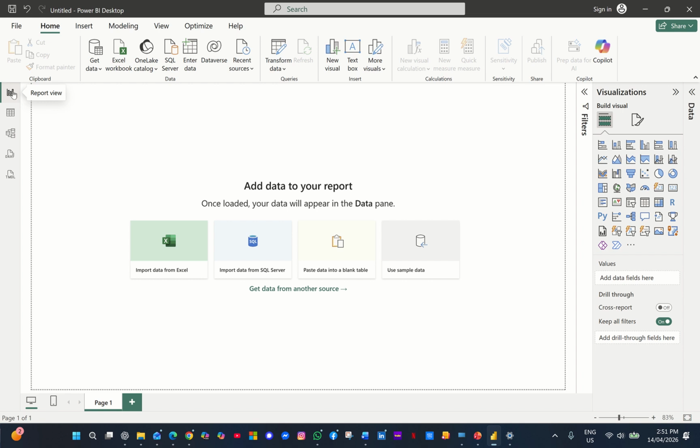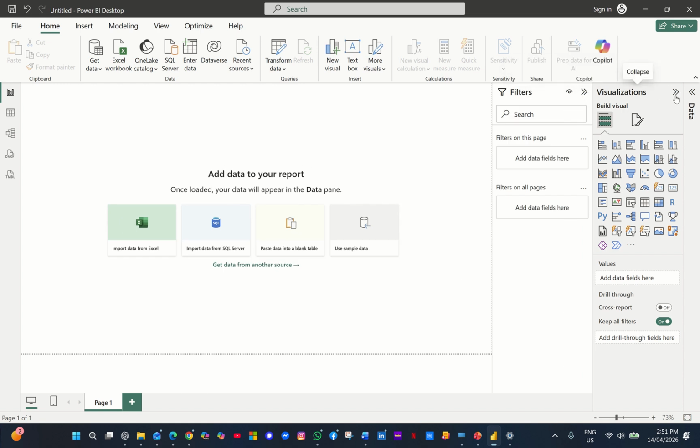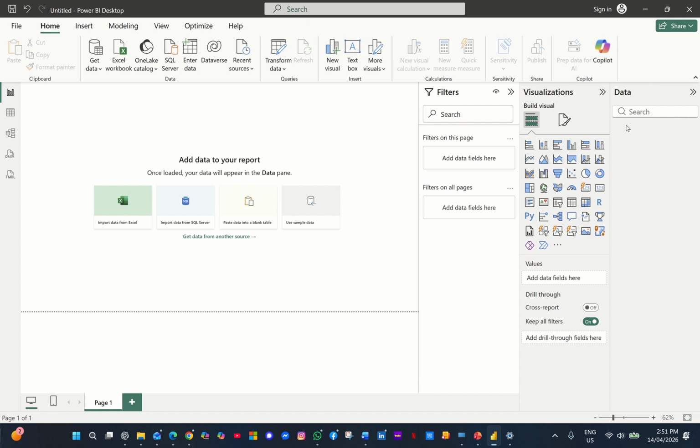The first one is called the report view. It's where you generate your report within the dotted line, which is the boundary of your report. In the report view, you have filters on your right, and your visualizations. You can have different types of visualization, and choose what chart you're going to work on, so you can create those. And then the data. At the moment there's nothing in the data screen because we haven't uploaded any